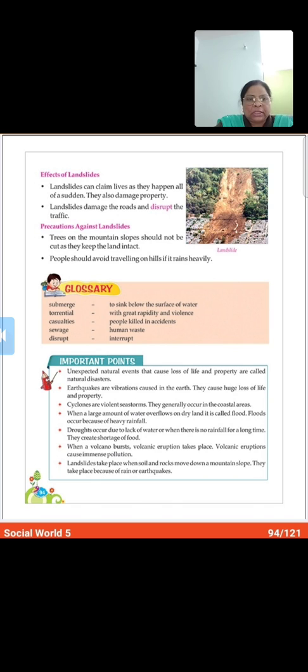So you should not walk on that. Then try not to construct any house near the steep slope or stay in such an area. Do not stay in such an area. And the first point to be remembered is not to panic. Do not panic,